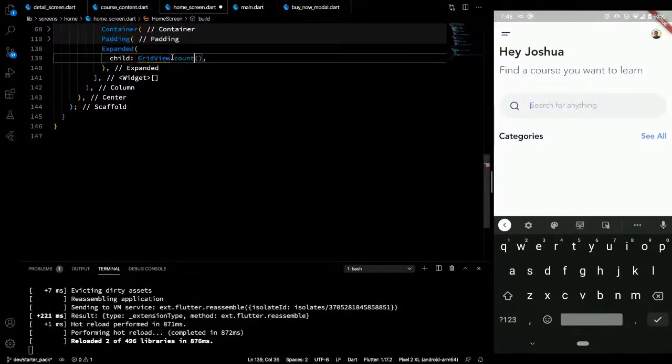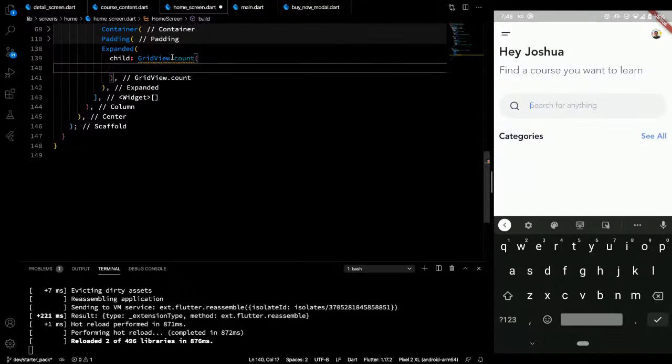So the API that we're going to use here is count. Essentially, if you are dealing with a large set of data, you would normally use GridView.builder. But in Flutter, if you're just using a few items, you just use GridView.count.